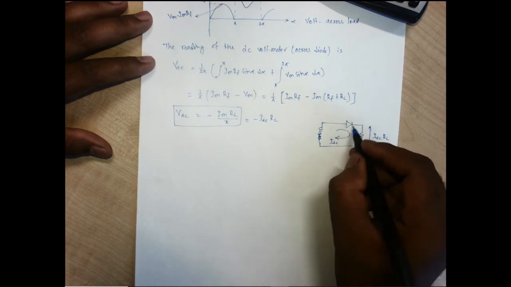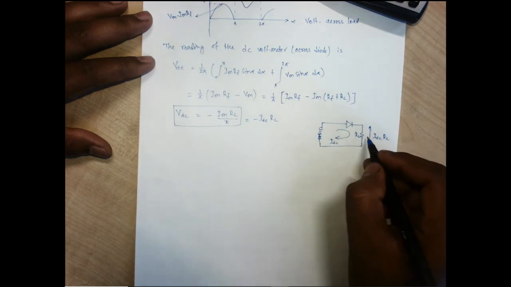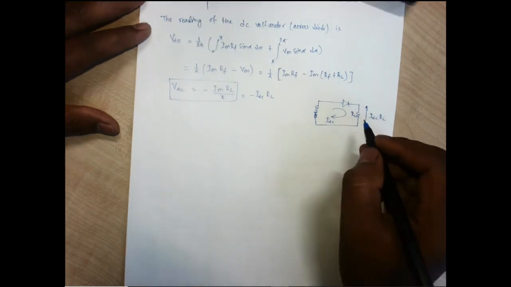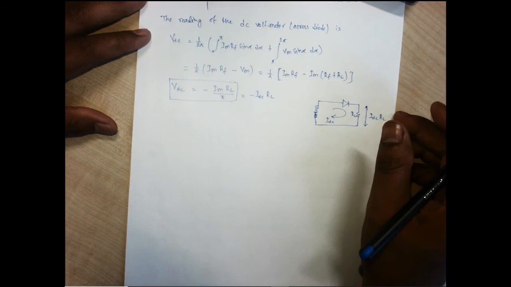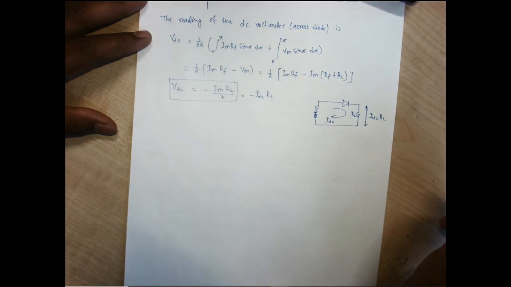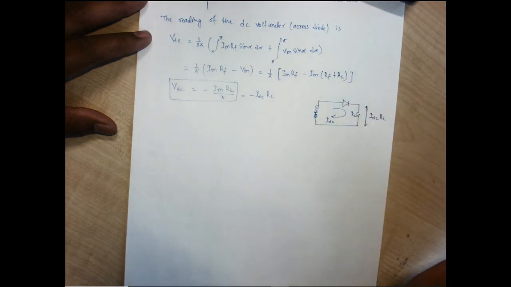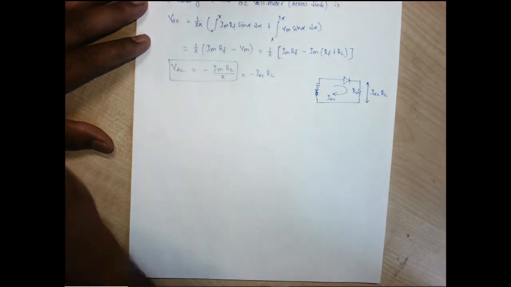So the voltage available across this diode is the same as the voltage available across the load, but it is negative. It is quite evident from our concept that across a closed circuit the total voltage sums up to 0. The total voltage across a loop will sum up to 0. So IDC RL plus minus IDC RL equals 0. That is quite evident from the concept we already know.